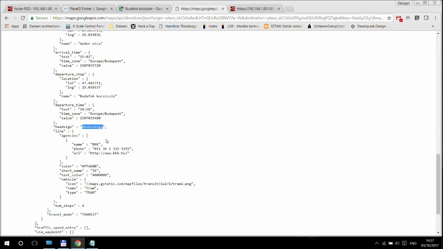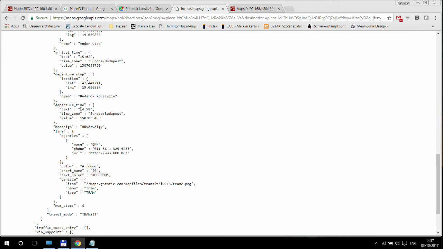So that's going to be shown on the headboard on the tram. And then what's more important for me is that within the lines there is a short name, and that's in my case 56. So that's tram 56, which is going to stop next in that stop,